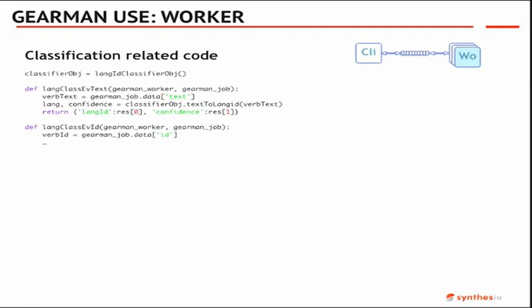We can also have multiple. The same worker can actually have multiple services. So for example, let's say I want to do the same, but I don't need the text. You just give me the ID of the document, and I will myself look into the database, I will collect the text, and I will do everything else the same, and I'll send you the results.